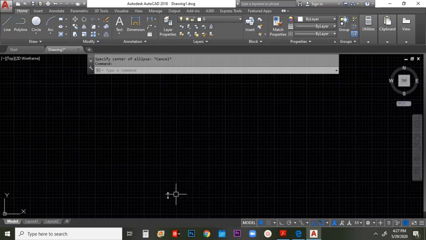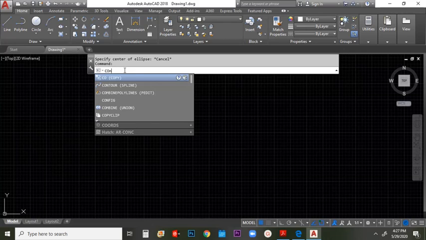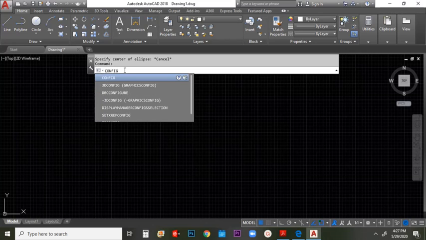Next, we have the drawing area. This is the entire drawing area extended from top to bottom, left to right. Next, you have the cursor or the crosshair. The cursor or the crosshair is this moving icon here at the middle. This identifies alignments, horizontal and vertical. Since we are to edit first the configuration of your cursor, we have to go first under command config. Type in config. Okay, enter.